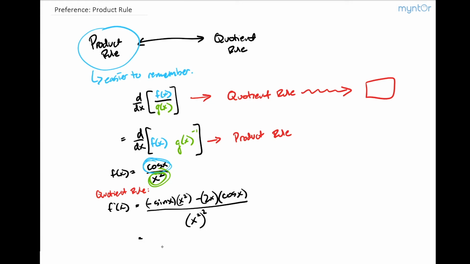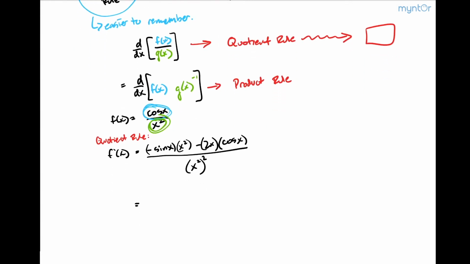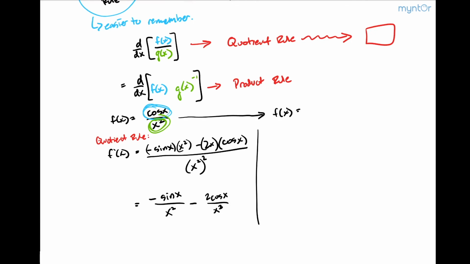And so if I scroll down here just a bit, this will give me negative sine x over x squared minus 2 times cosine x over x to the third. But if I go ahead instead and rewrite this equation as f of x is equal to cosine of x times x raised to the negative 2, and I go ahead and use the product rule now,